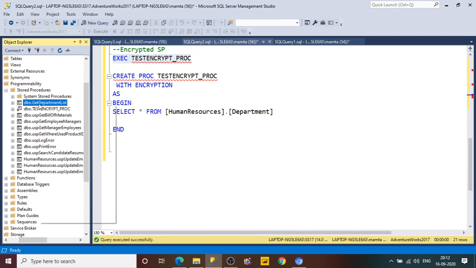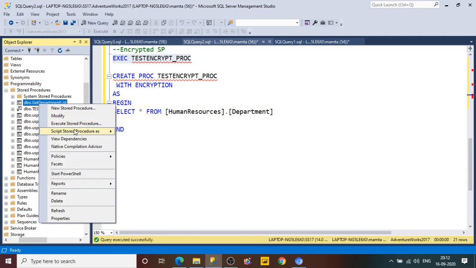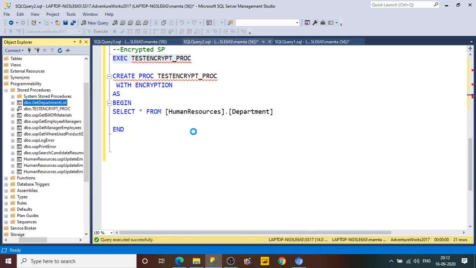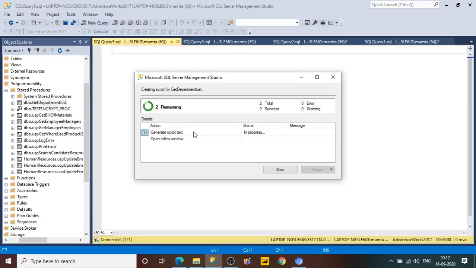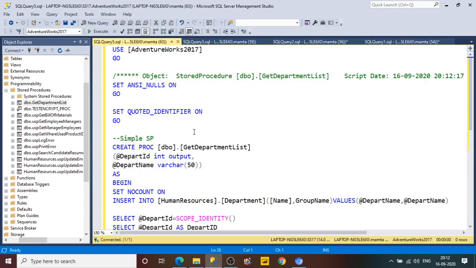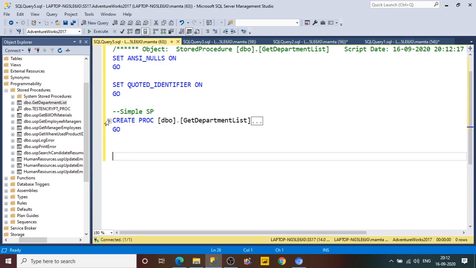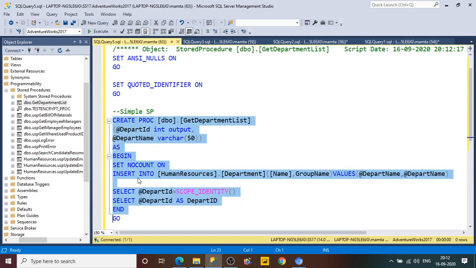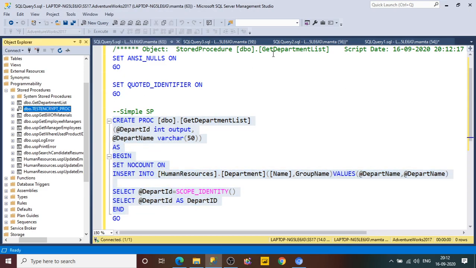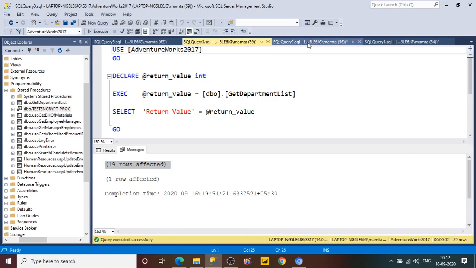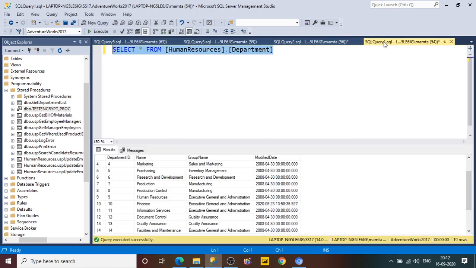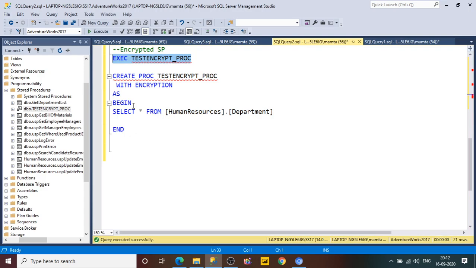You will be able to modify the stored procedure, and if you wanted to see the definition or the body of the stored procedure, you will be able to see. Just wait for a couple of seconds. Here you will get the body, the complete definition of the stored procedure, everything. But for the encryption, you will not be able to see this. So if you have a requirement to encrypt your stored procedure, by this statement, with the WITH ENCRYPTION keyword, you will be able to encrypt your stored procedure.